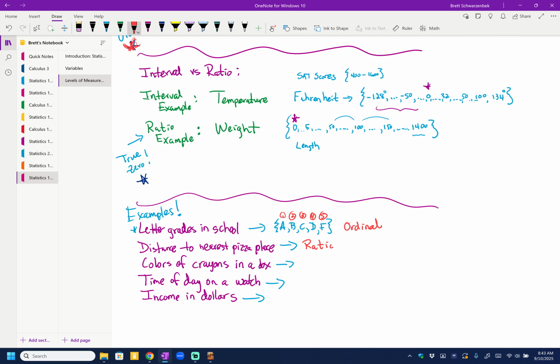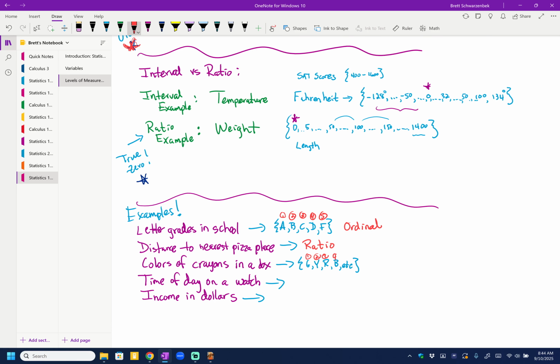Okay, what about colors of crayons in a box? So colors of crayons in a box, what would that look like? That would be, let's say, green, yellow, red, whatever it's going to be. I can just put a bunch of green, yellow, red, blue, etc. Lots of colors, right? Now, if I were to put numbers on these colors, like 1, 2, 3, whatever it is,